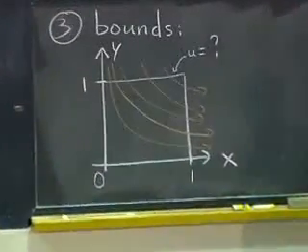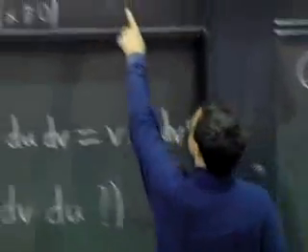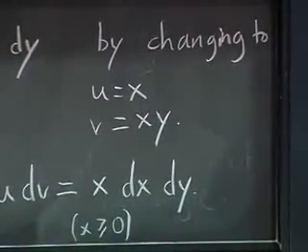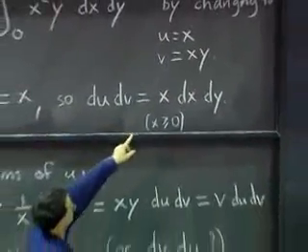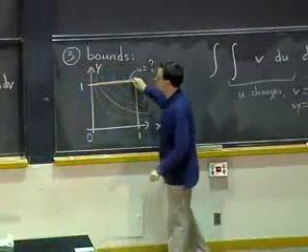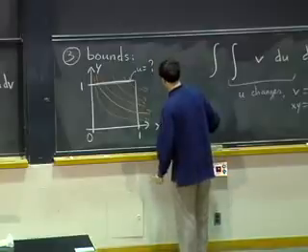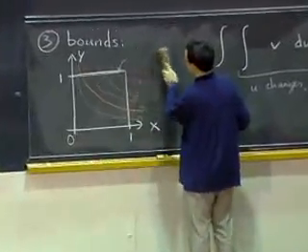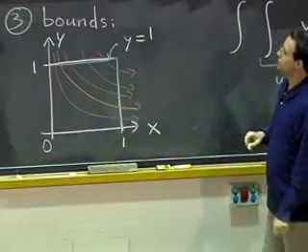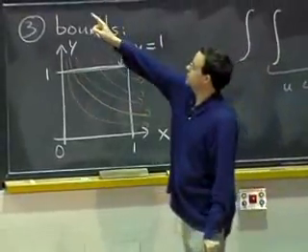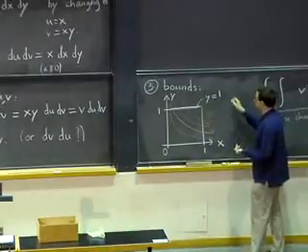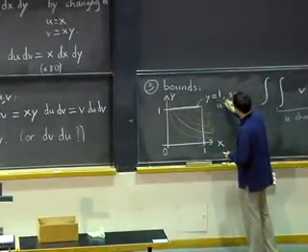Well, we don't know that very easily until we look at these formulas. So u equals x, but we don't know what x is at that point. Well, u equals x and v equals xy. What do we know here? Well, we don't know x, but we know y, certainly. So let's forget about trying to find u, and let's say for now we know y equals 1. If we set y equals 1, that tells us that u and v are both equal to x. So in terms of u and v, the equation of this in uv coordinates is u equals v.